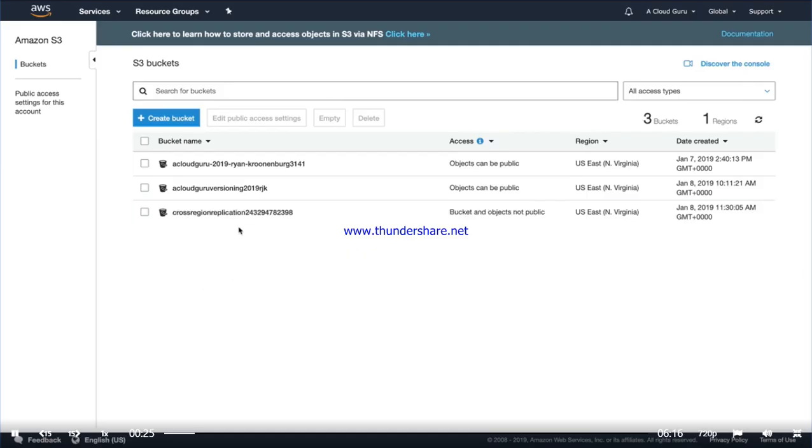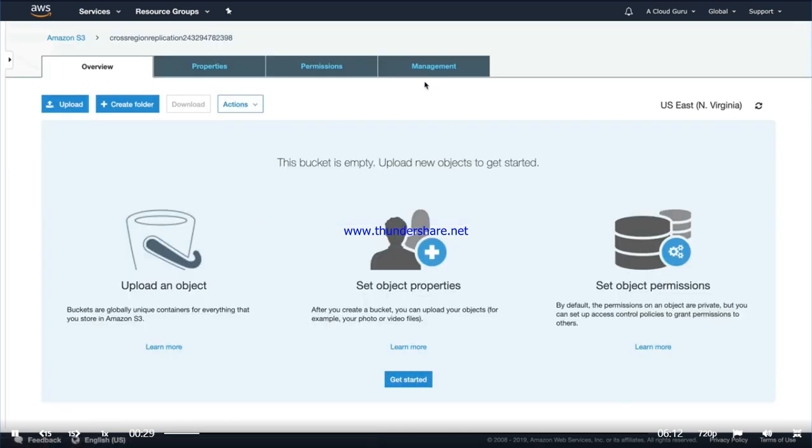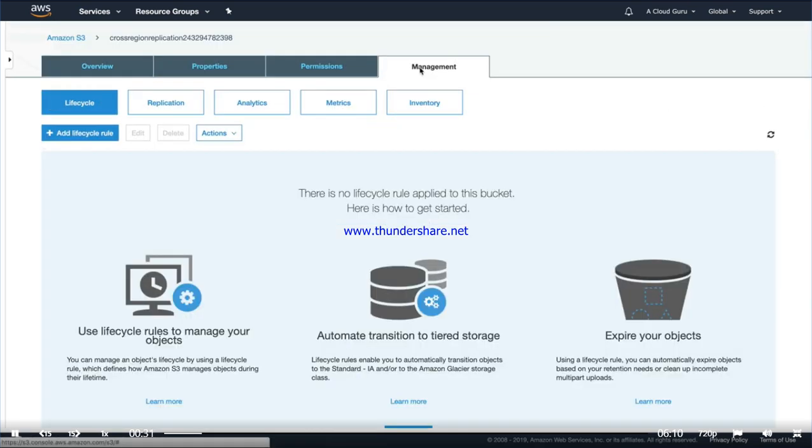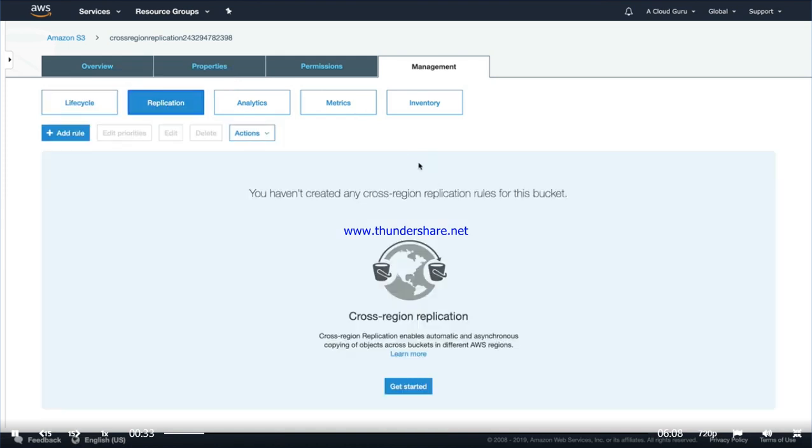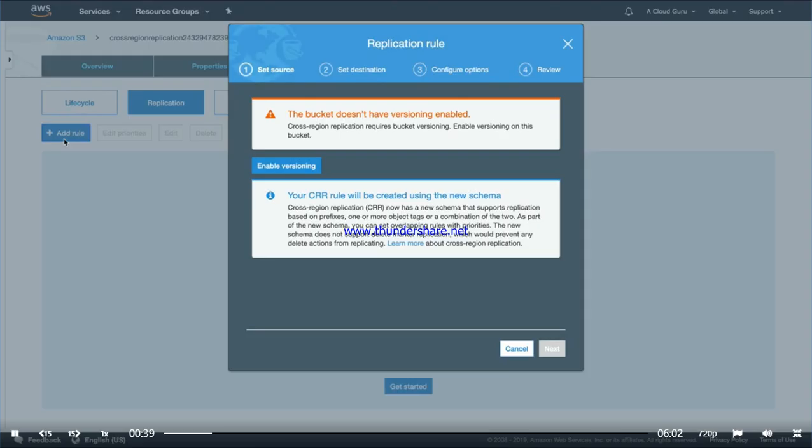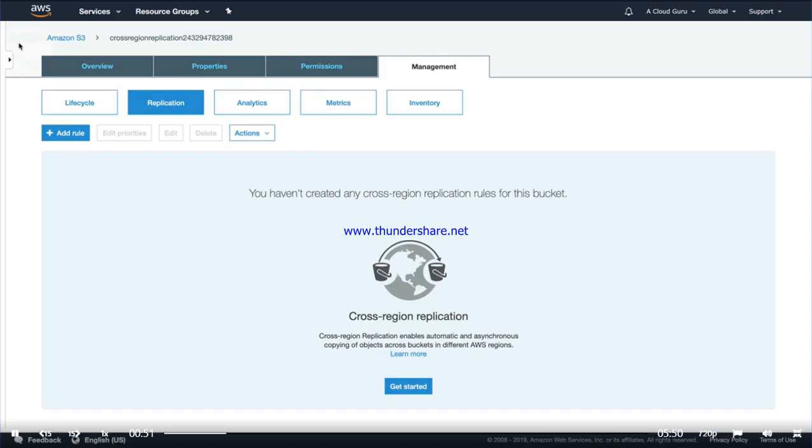Now, to enable cross-region replication, we need to go into the bucket. We need to go over to management, and we need to click on replication. And this is where we create our cross-region replication rules. So let's go ahead and add a rule. You'll see that this bucket doesn't have versioning enabled, and cross-region replication requires versioning to be enabled on the bucket. So I can just click in here to enable versioning, but let's go back to the bucket